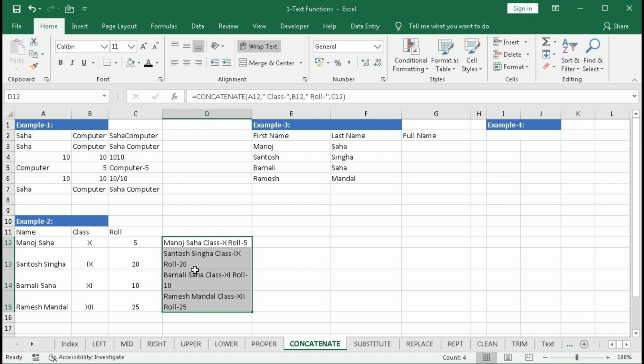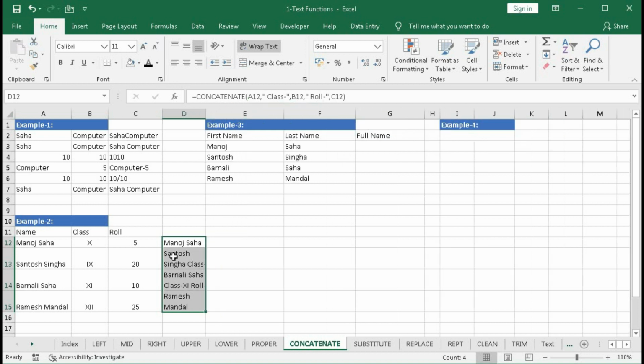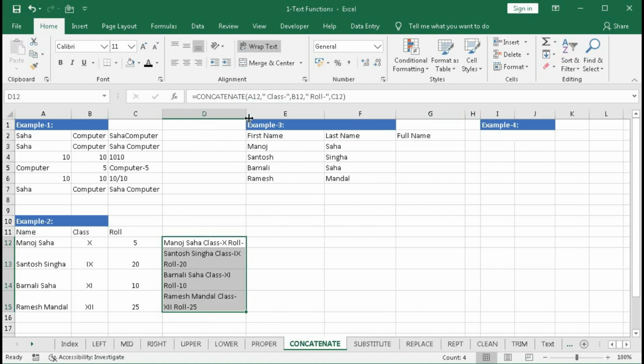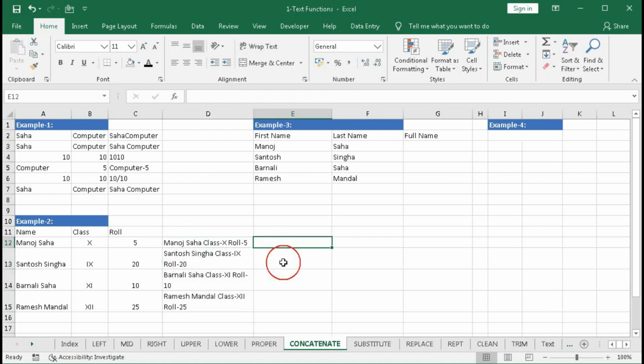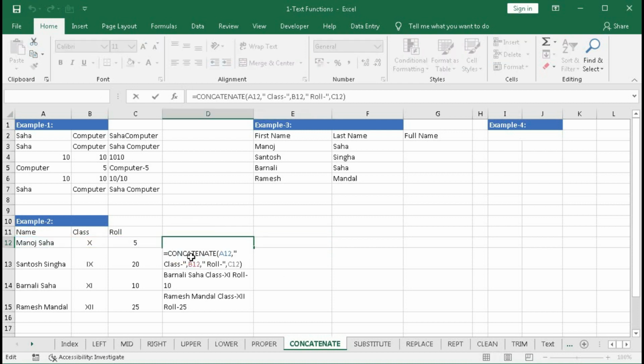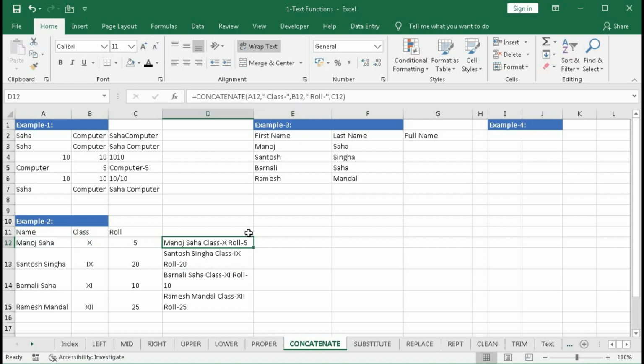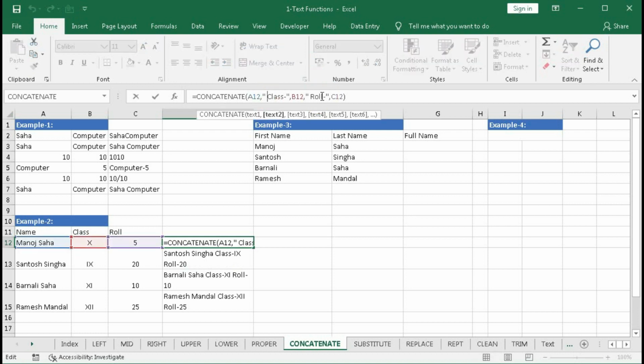So how to do that? If I decrease the width of the column, then you can see the name is not in a single line. So let's make it bigger, and here we will do it in another way. So let's do it here only. Here we will put a line break after Manoj Shaha, before the class. So here remove this space,